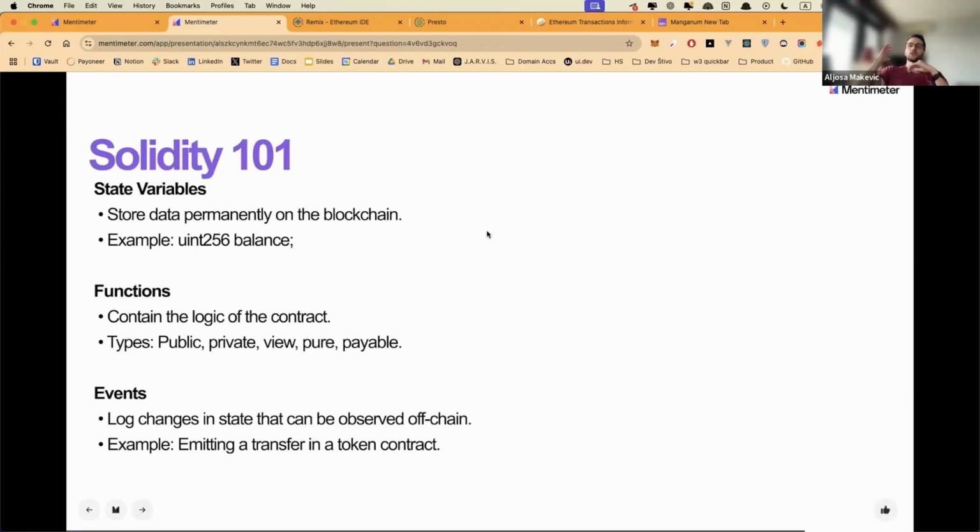So smart contracts are very short pieces of code. They're supposed to be as short as possible because any bytes of data make everything more expensive when you deploy it. So what you can do, you can store state variables, like numbers and strings or addresses. You can write functions, as you saw. They can be different types, and you can write events. So anytime a specific thing happened, there's an event triggered, and you can cache that on your front end.